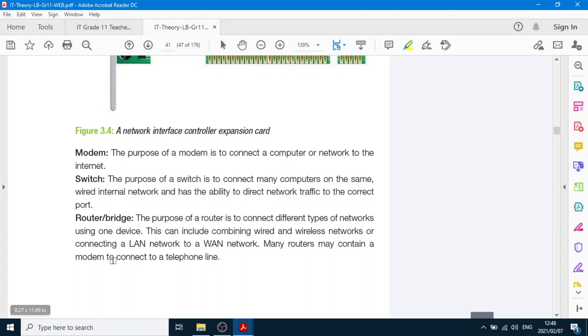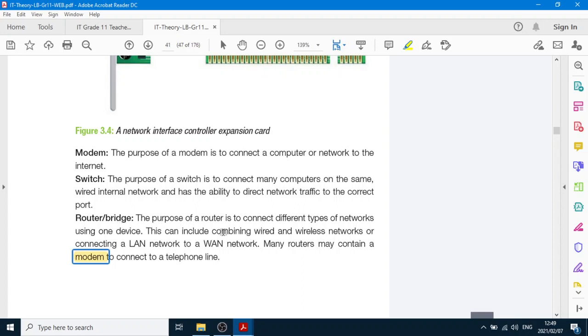And the routers can contain the modem, which the modulate demodulate converts a signal from digital to analog. Sorry, not sound waves, analog waves. My wording was incorrect there, but it's the same idea. Your modem will convert digital waves to analog waves so that the telephone line can understand it and can go off to the internet. So that's what the router will do. It will have a modem there, but if you don't have a router, you can just have a modem. So that will do that conversion from digital to analog.